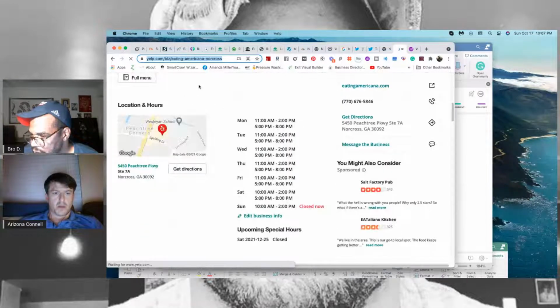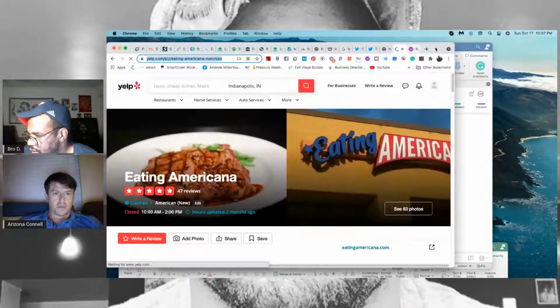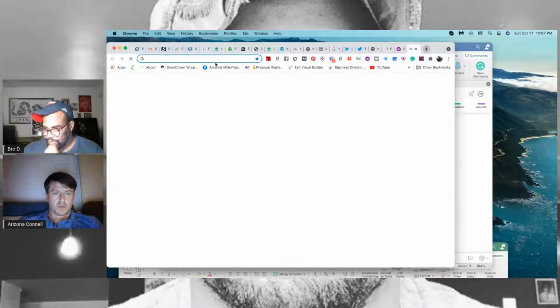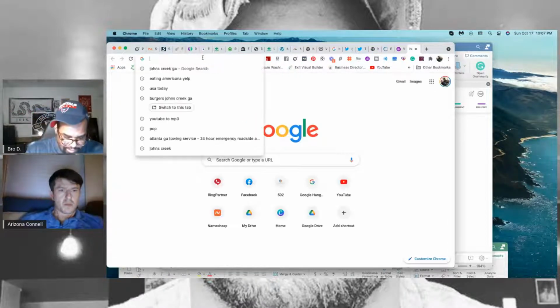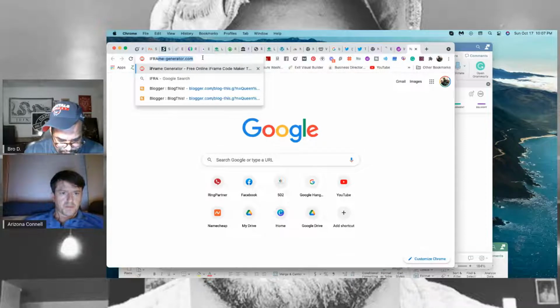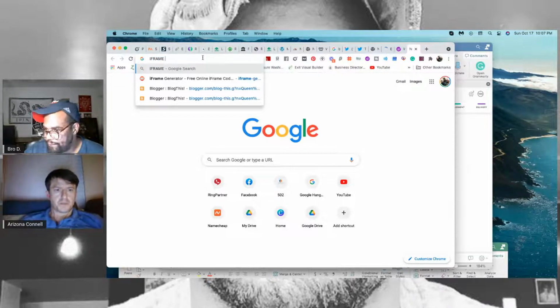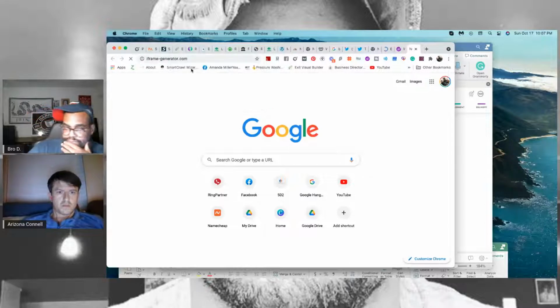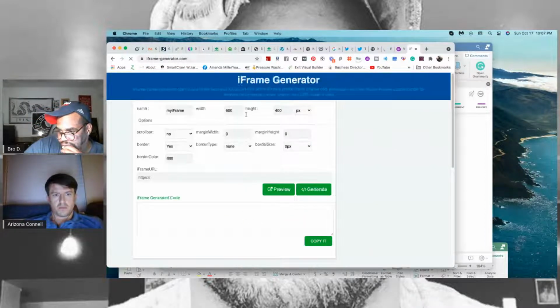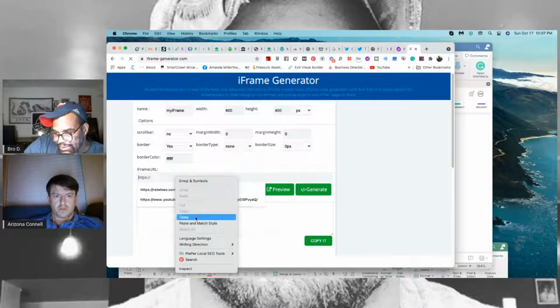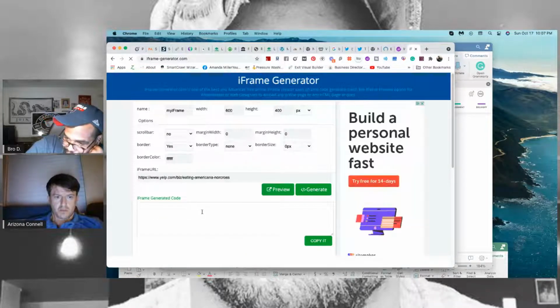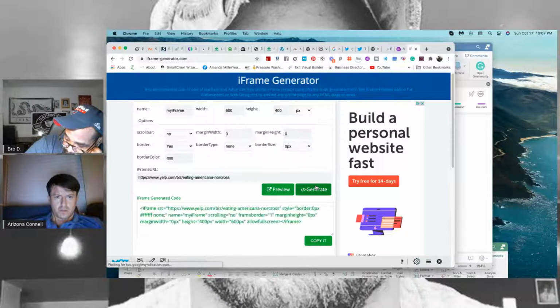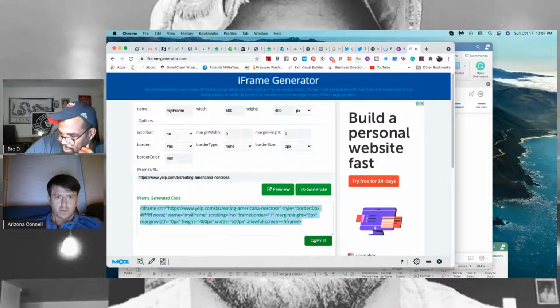Okay. So I'm going to grab the URL and I'm going to type in iframe generator. And I'm going to paste in their URL right there and generate the code and copy it.